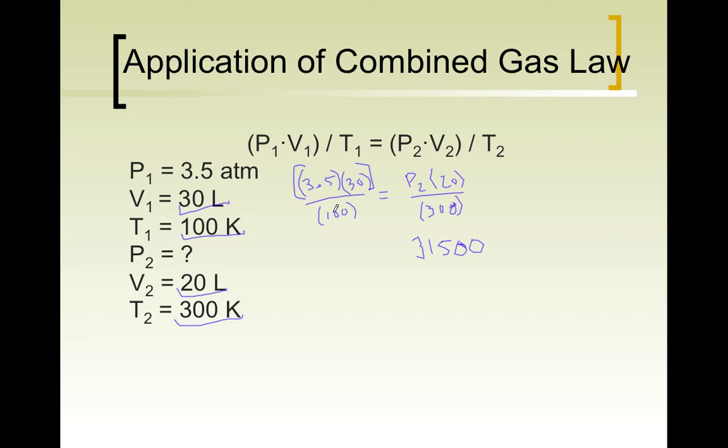Okay, now for the other one. This is tricky, and this is called the commutative property of multiplication. So I can see I'm going to take 100 times P2 times 20, but once again, since it's all multiplied together, I can rearrange what I multiply. So I can multiply the 100 times the 20 and then times the P2, and that's what I'm going to do. So 100 times 20 is 2,000, and that's once again times P2. So you can do that at the very end, so you can multiply your two numbers and then multiply times the variable. And lastly, I'm going to take 31,500 and divide that by the 2,000,